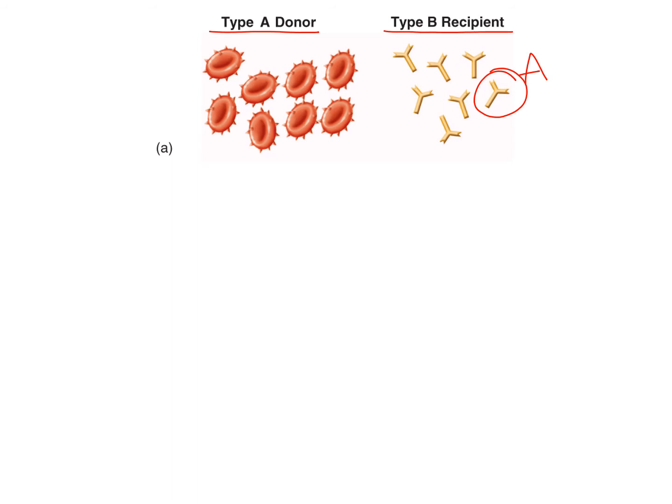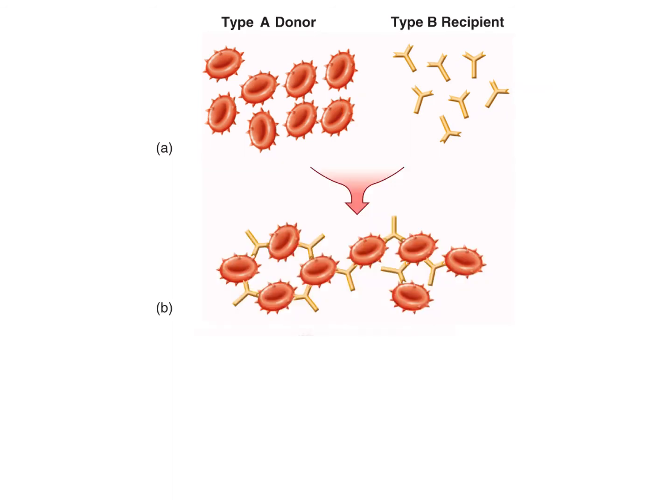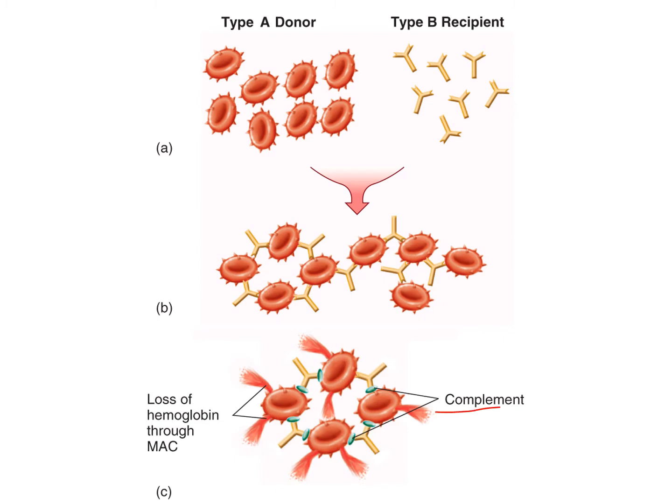And when you transfuse them with red blood cells with the A antigen, then that IgG and IgM will bind to the donated red blood cells and they will cause agglutination, and then they will activate complement. Remember, when you have antibody bound to a cell, that activates complement in the classical pathway, and when you activate complement, you end up with